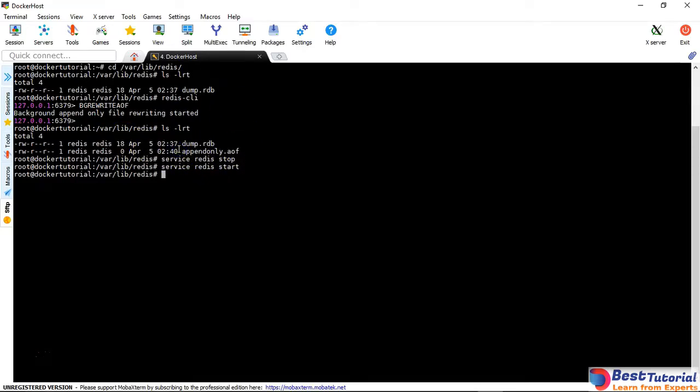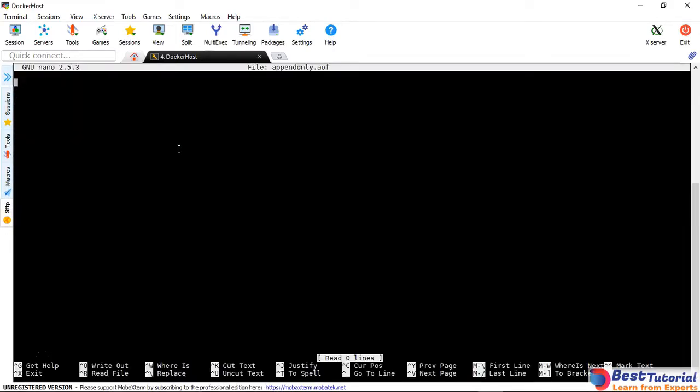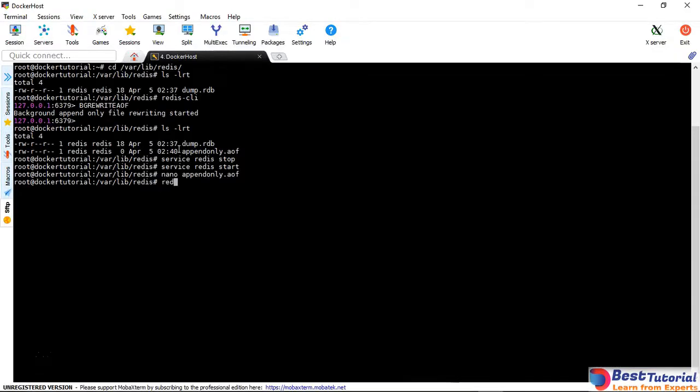Now let's open this append only file, I'm going to open it with the nano editor. You can see there is nothing inside the file. Now let me open the Redis CLI. We'll put some data and again observe this append only file. So let's set foo, let's say 39, and another one, hello